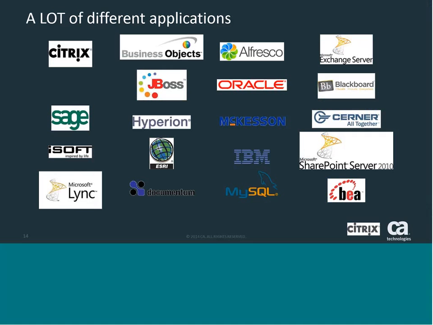Our organizations are rolling out a lot of different applications. And what's interesting, and Citrix is just one of these applications, there are numerous that are out there. When we walk into a medium enterprise or a large enterprise, generally when we take a look at their application portfolio, it is hundreds, if not thousands, of applications. And as we all know, applications have a tendency to arrive a lot faster than they go away. So those application portfolios are growing. What's interesting about that is each of those applications, if we go to the next slide,